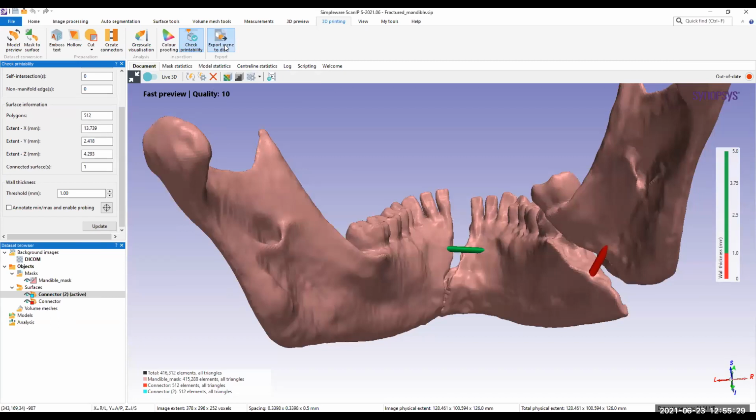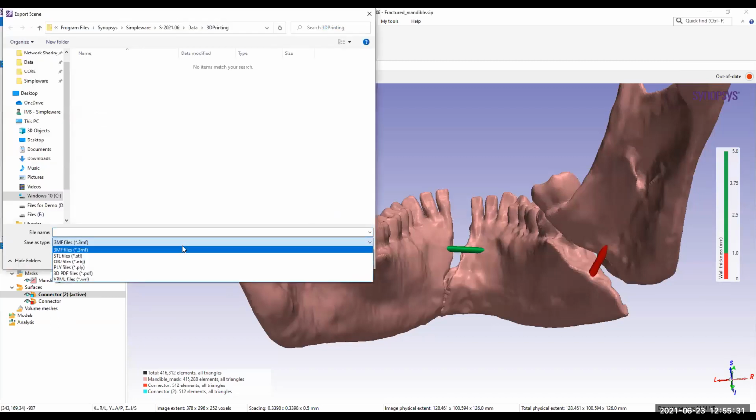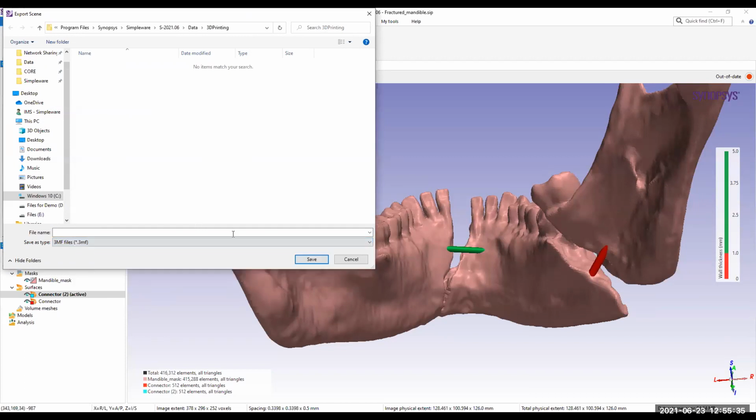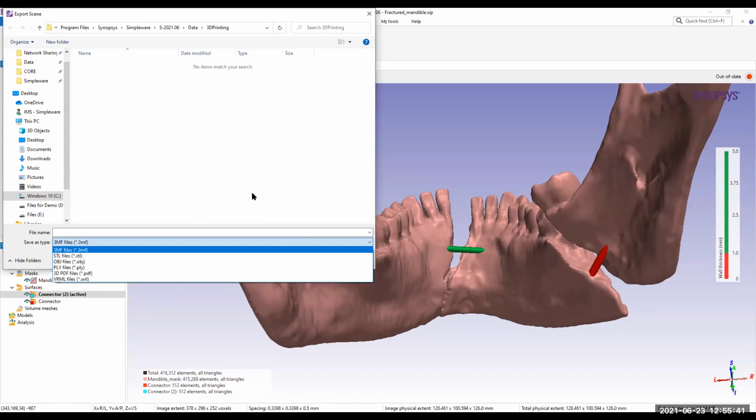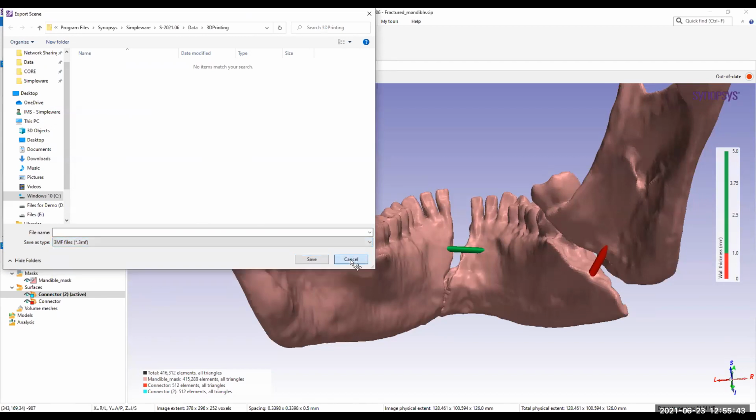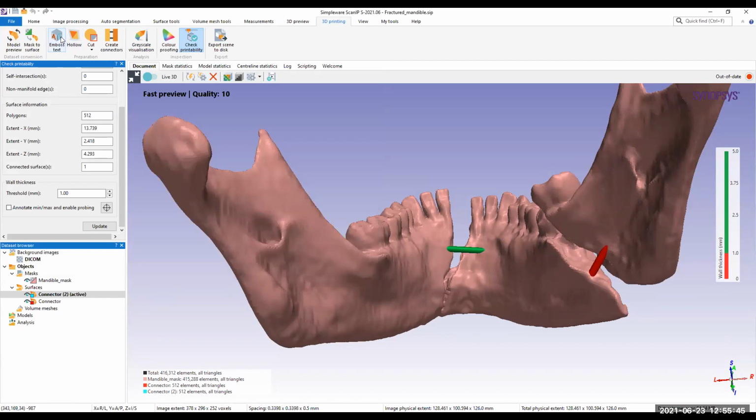And then I can directly export this to disk. We have multiple export formats that may be supported with most of the printers. STL is widely used, but we have some other specific formats as well.